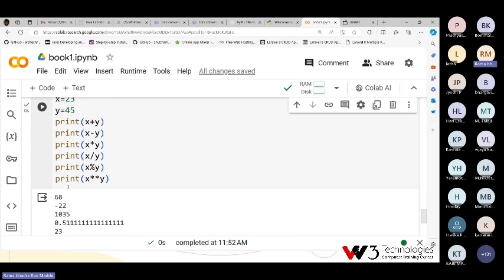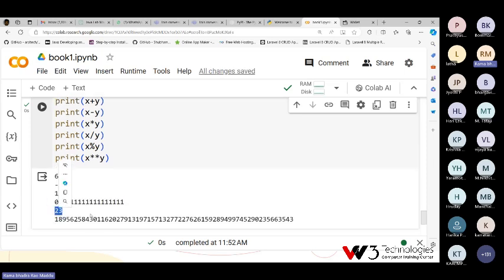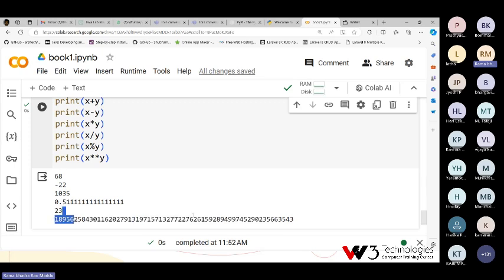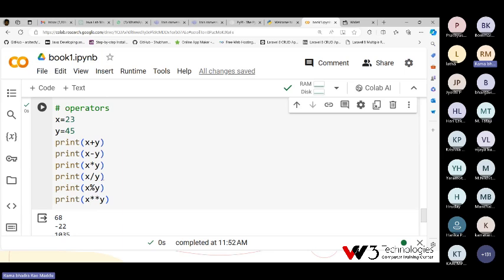So x plus y is 68, x minus y, x into y, x by y, x percent y gives the remainder, and x power y is the power value. So these are some of the operators: plus, minus, asterisk, slash, percent, and power.